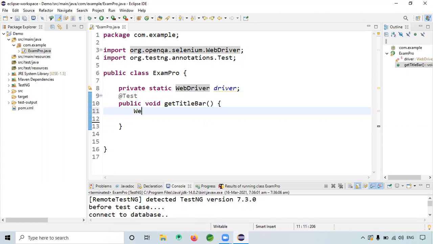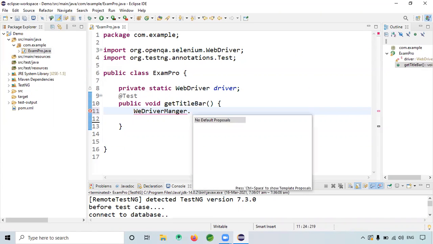So here I will give WebDriverManager dot